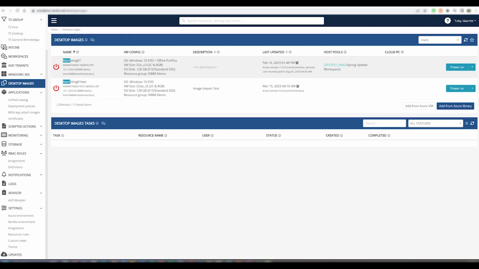In this video, we're going to discuss automatic activation of staged images within the Nerdio Manager for Enterprise 4.8 release. This is a new feature we've added to allow administrators to automate the entire image lifecycle process. Previously, between staging an image, validating that the staged image is working correctly, and deploying the image, the administrator would